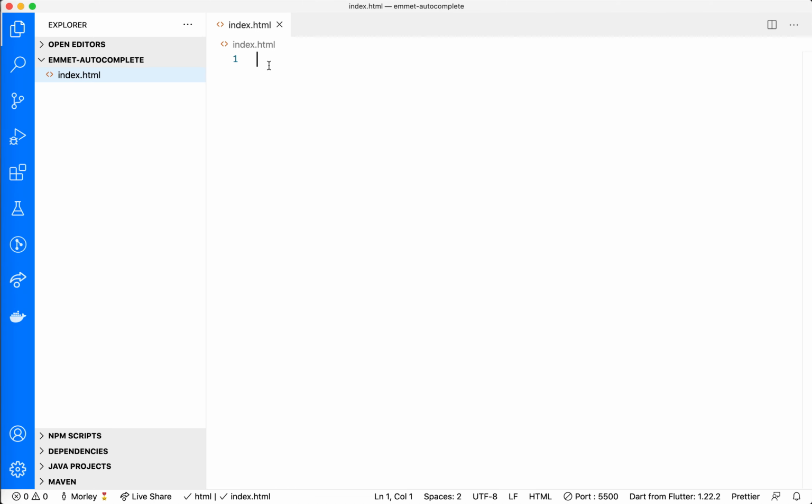In using VS Code for our development, we have access to something called Emmet Autocomplete. Emmet Autocomplete allows us to type in shorter versions of the things that we're trying to create on the page, and it does the rest for us. So the first piece of autocomplete I'm going to show you is for putting in some basic boilerplate in our